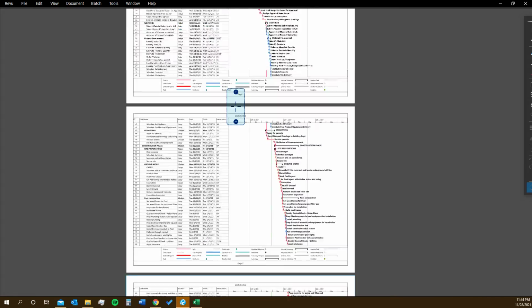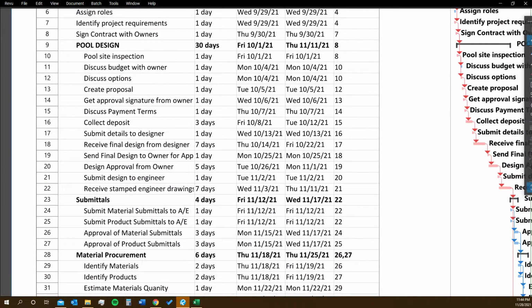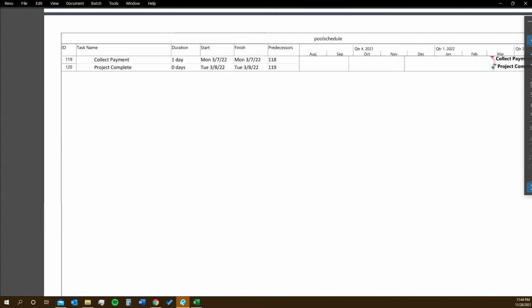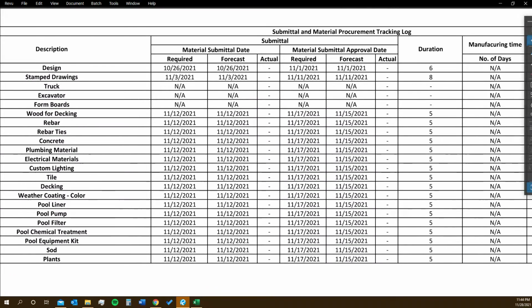If we go back to our original schedule, we can see that activity number 20 is design approval from owner. So we sent those over on October 26th and we received those back on November 1st, as per the material tracking log. So all these dates